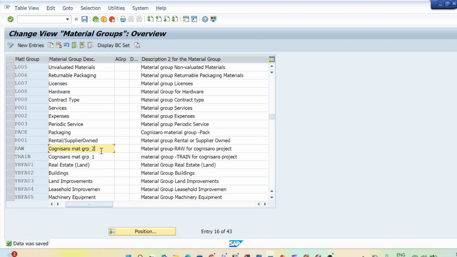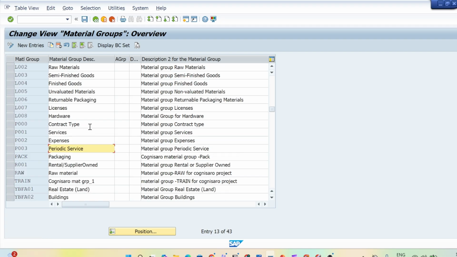Same way, I can change the name for this one also. Let me make the name raw material. Hit enter and save it. And one more let me create for this one, TRAIN.